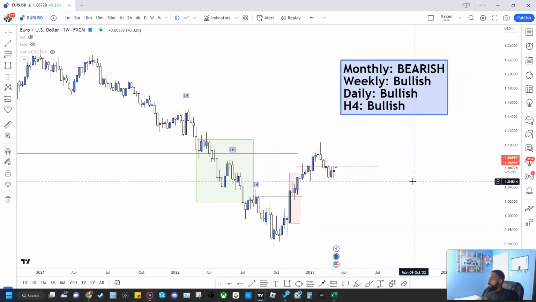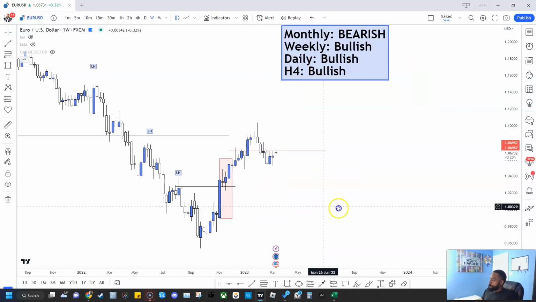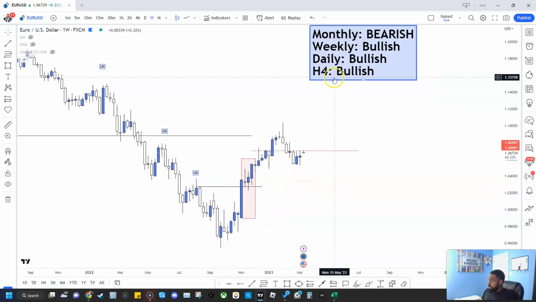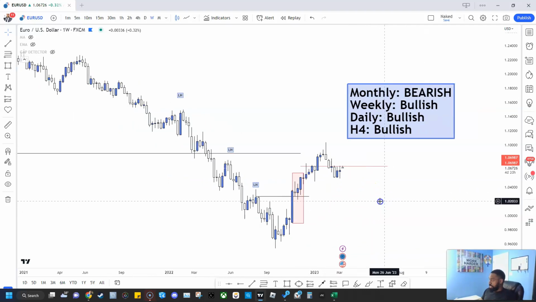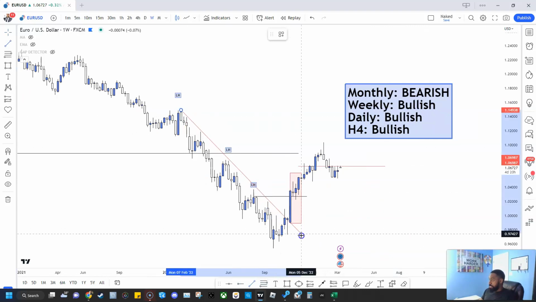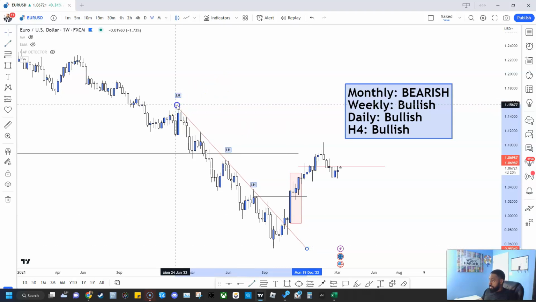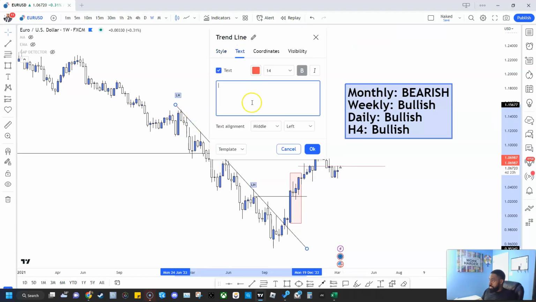Now, the weekly. This is where it gets interesting. Alright, the weekly we got, you can see clear as day, a change of character. I normally just say break of resistance or break of structure. It's pretty much when the market has set up for a trend change. So it went from, just my counter trend line right here. CTL,